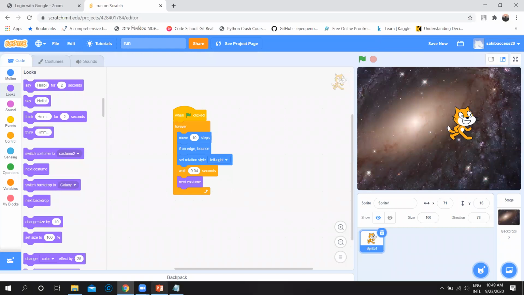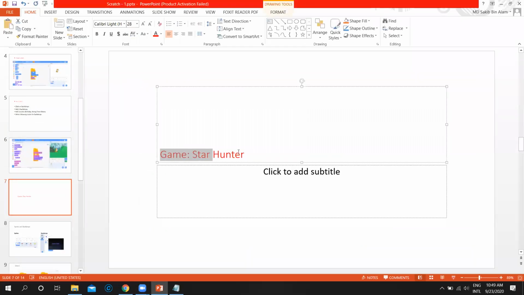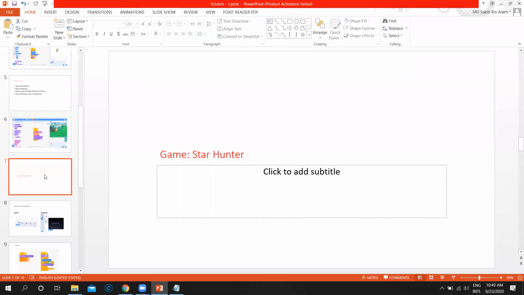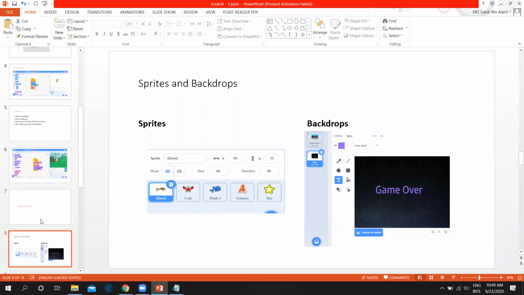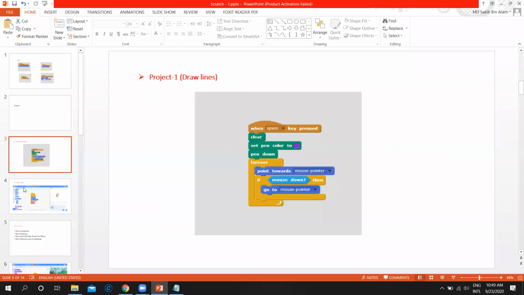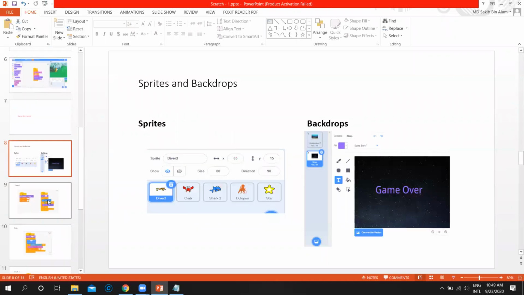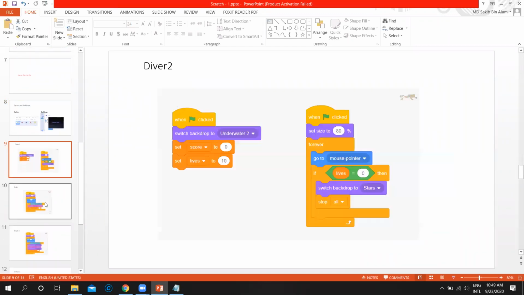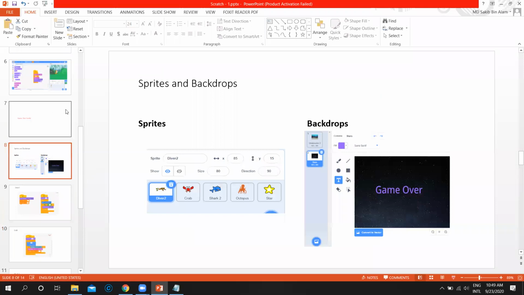Now your job is, in my slide, I have added another game, Star Hunter. I will not show it now. This is a very interesting game. You have to add multiple sprites. I will show it in the next class, no worries. Now your job is, there is another game project here, you can add it by yourself. But if it is possible, try to do Star Hunter by yourself. Here you have to add a new sprite. I will show it, but I hope you are smart enough to do it by yourself. Don't worry, I will upload the slides. If you can do it, that's good, but I will also show it in the next class.